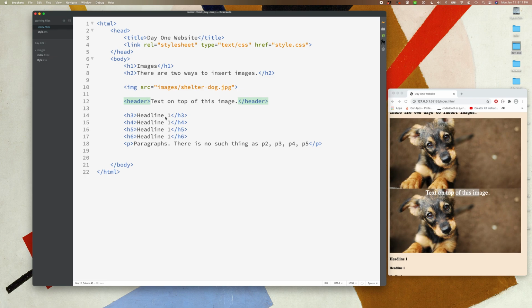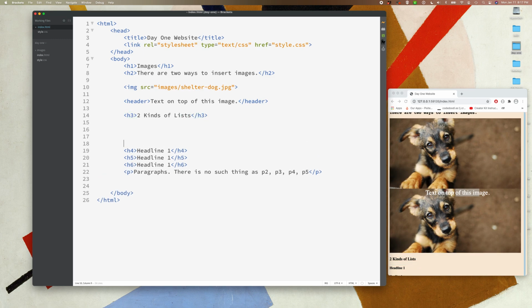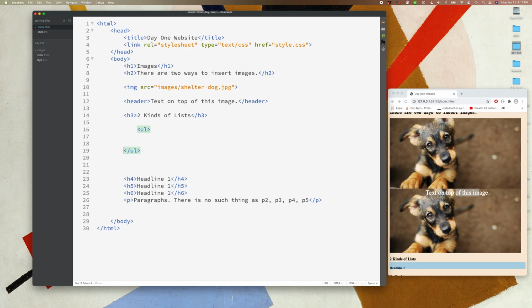All right, so let's move on here. Let's go down to this H3, and let's go over now 2 different kinds of lists. So this is really basic. I'll hit enter a couple times. But there's an unordered list, which is UL, unordered. If you have list items in it, LIs,